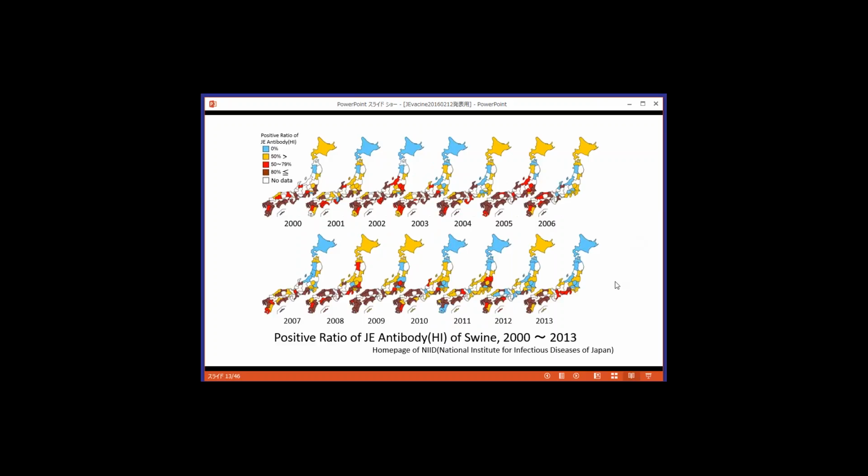This figure shows the positive ratio of JE antibody of swine in the years 2000 to 2013. You can recognize a fairly high rate, the yellow, so a high ratio. You can recognize a fairly high ratio of JE antibody in the west and southern part of Japan. Also in the central area, Kanto, Tokai, Hokuriku district. Moreover, surprisingly, Akita prefecture